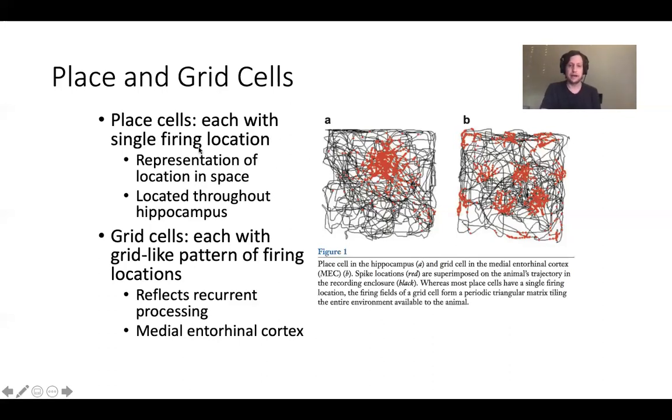For place cells, a specific type of neuron in the medial temporal lobe, they find that this specific place cell fires a lot of action potentials when the rat is in this part of the room. But when the rat's in the other parts, like this corner, or this corner, or this corner over here, this one place cell is not firing action potentials. But when the rat moves into this part of the room, where these red splotches are, then that one neuron fires a lot of action potentials.